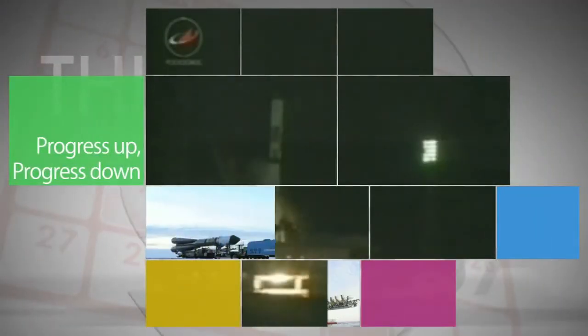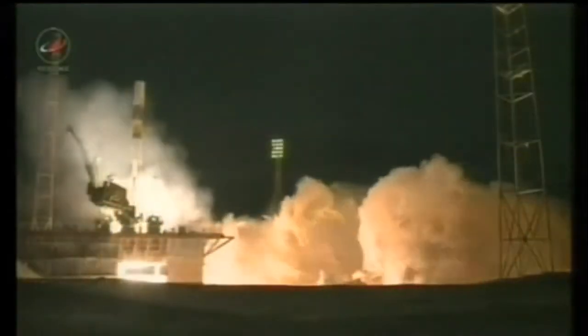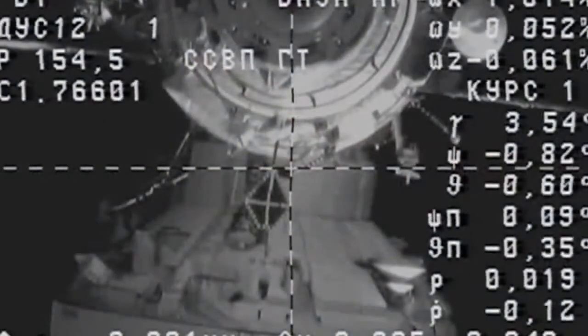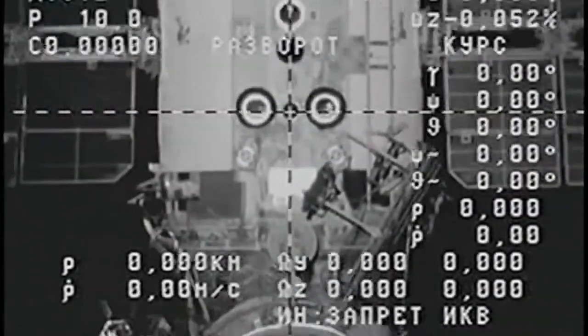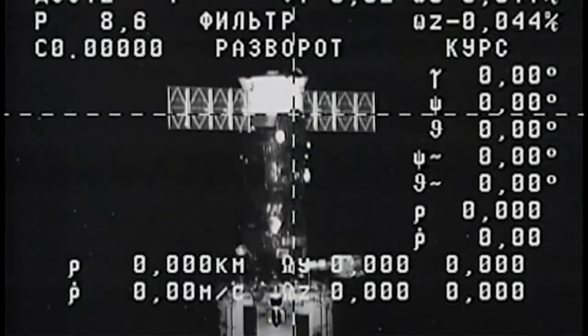An ISS Progress 54 cargo craft launched from the Baikonur Cosmodrome in Kazakhstan on February 5th, and 6 hours later docked to the International Space Station with almost 3 tons of food, supplies, and experiments for the station's Expedition 38 crew. Arrival of the new Progress followed the undocking from the ISS of the old Progress 52 cargo ship just